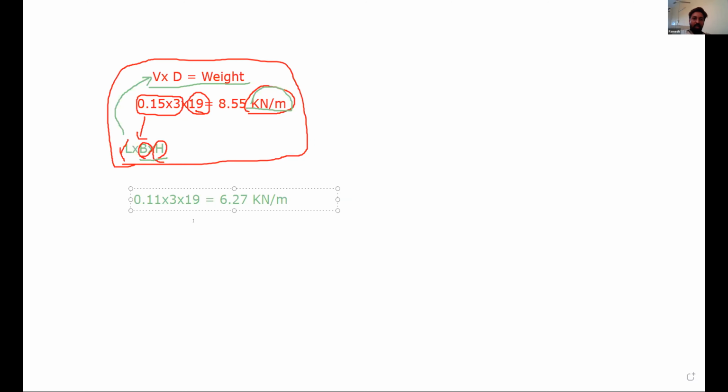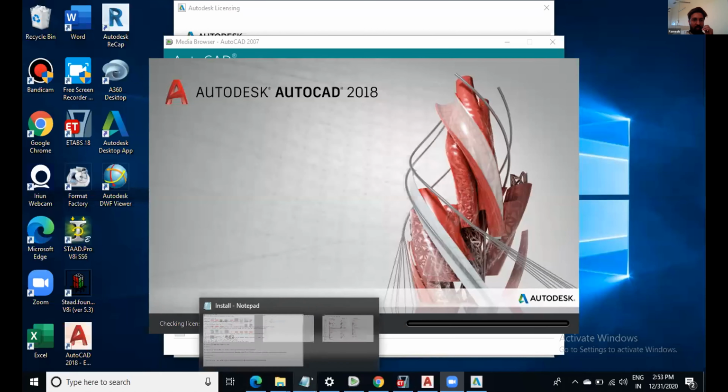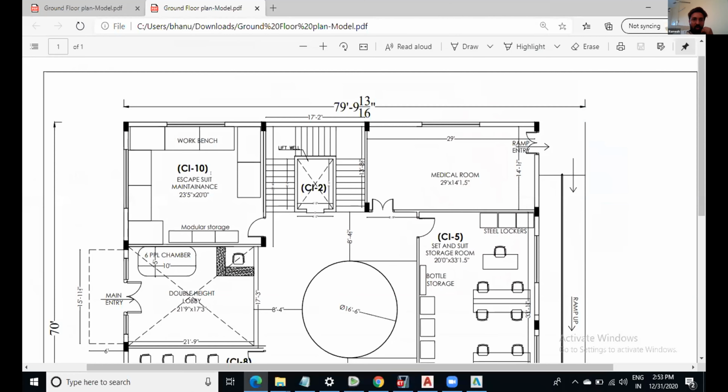This is the inner wall weight. Keep these two in mind and go to the model. Open your PDF file. Here you can see that all the outer walls are 8.55 and all the inner walls are 6.27.